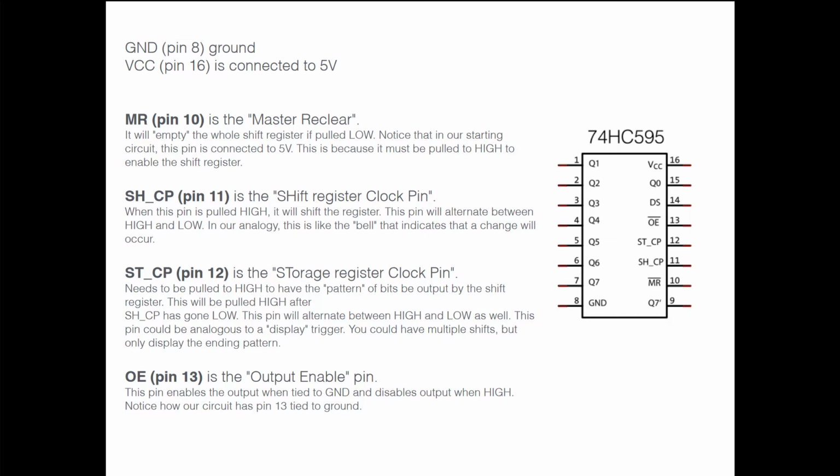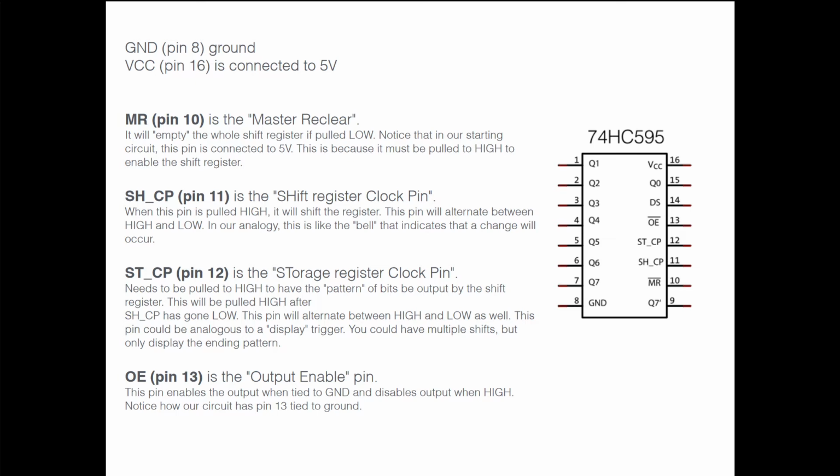This pin will alternate between high and low. In our analogy, it's like the bell that indicates that a change will occur. The storage register clock pin needs to be pulled to high to have the pattern of the bits be pulled out by the register. This will be pulled high after the SHCP pin 12, when it goes